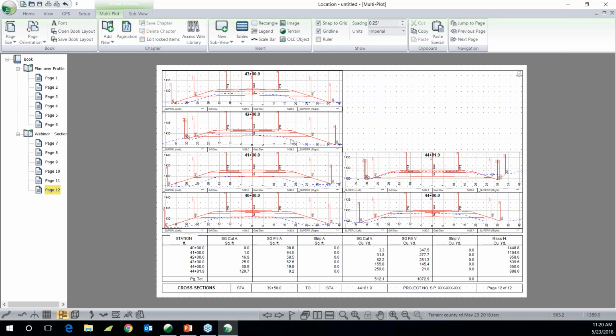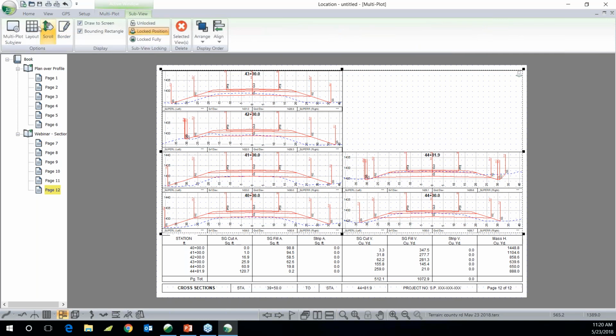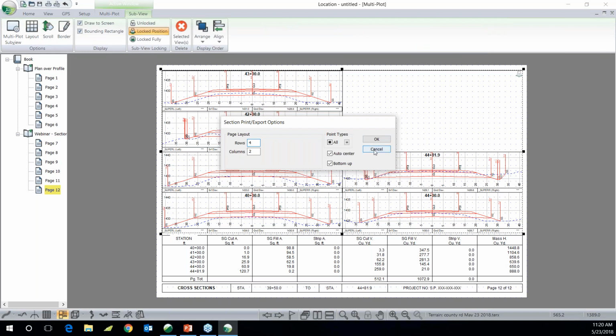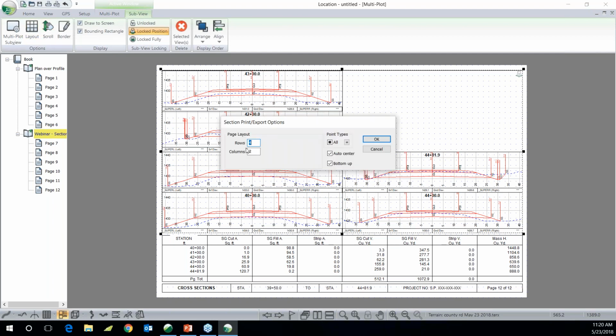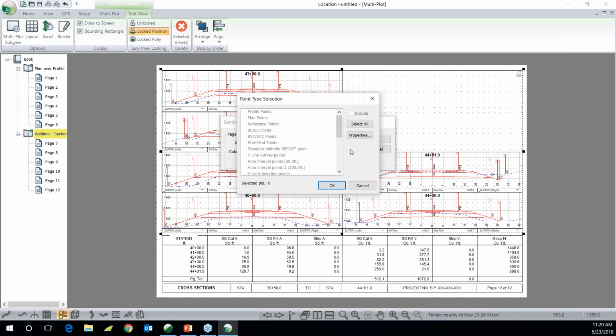You can see that this output section screen has sections plus mass haul information down here. I'm going to change my layout of my sections so that, make sure that, I almost made a mistake that I said that I shouldn't be. Make sure that you're working at the chapter level. So this is a whole new chapter. Go back to my subview, layout, and make it a 2x2,